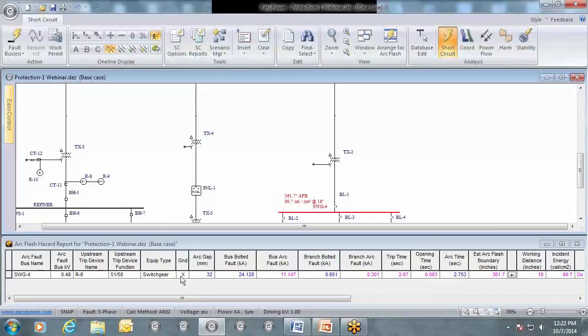So it's switchgear. It's grounded. The ground, whether it's grounded or not, has a small effect on the result, with a gap of 32. So the voltage fault current at the bus is used for the calculation of the incident energy, and you'll notice now that our branch current